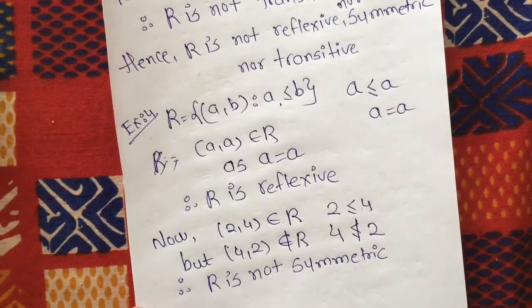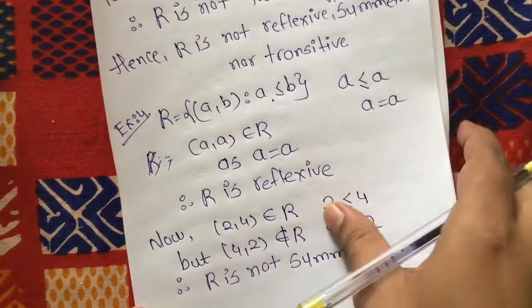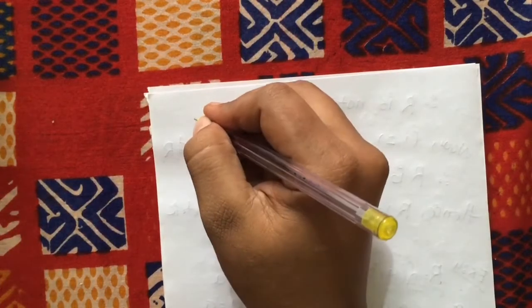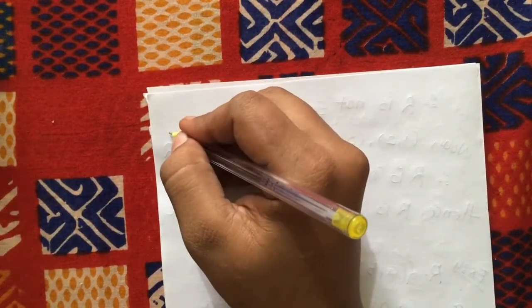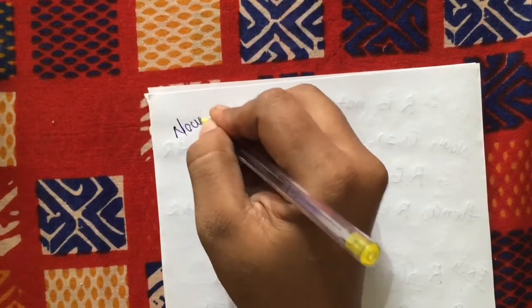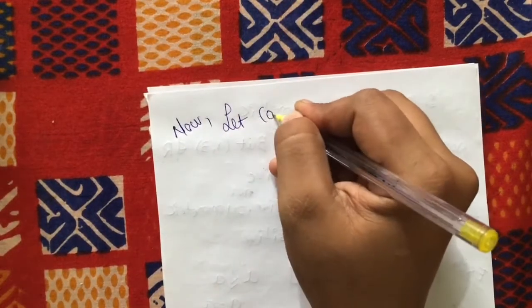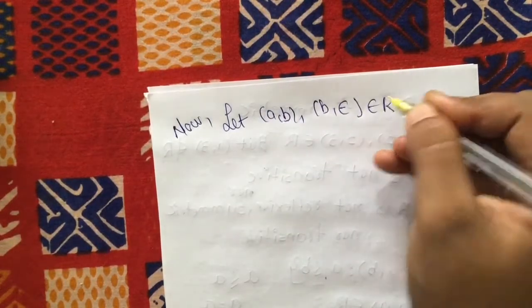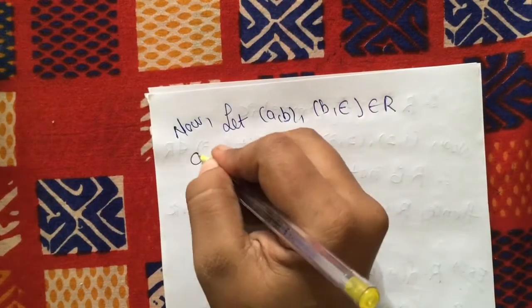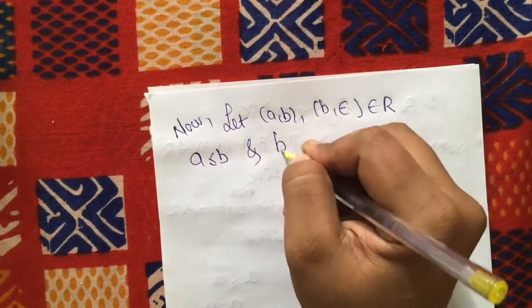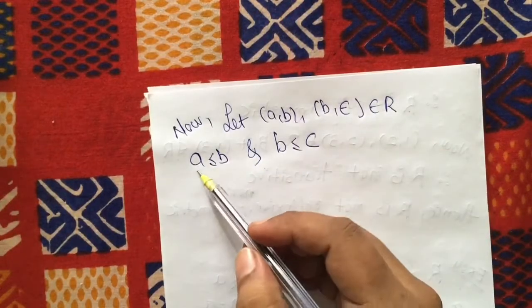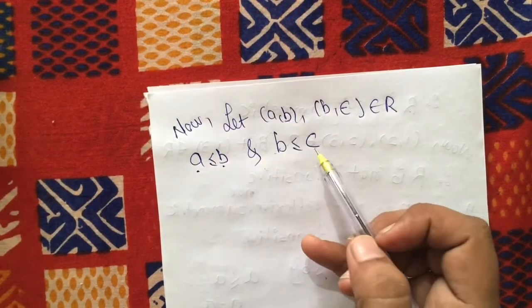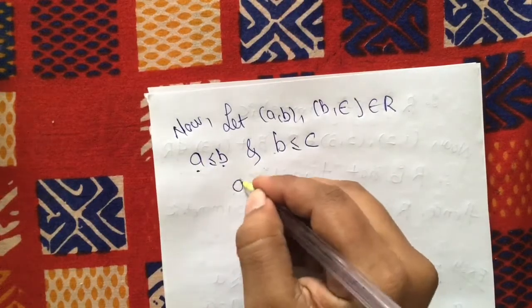Okay, now next we are going to prove whether it is transitive or not. So let's just take, here we have a, देखो जिसमें नॉट प्रूव करना है उसमें हम एग्जांपल्स लेंगे, और जिसको हमें प्रूव करना है उसको हम थियरी से भी प्रूव कर सकते हैं. So now let (a, b) and (b, c) belong to R. Okay, so here a is less than or equal to b and b is less than or equal to c. So obviously a is less than or equal to c.